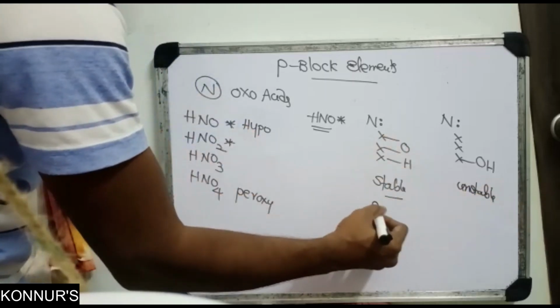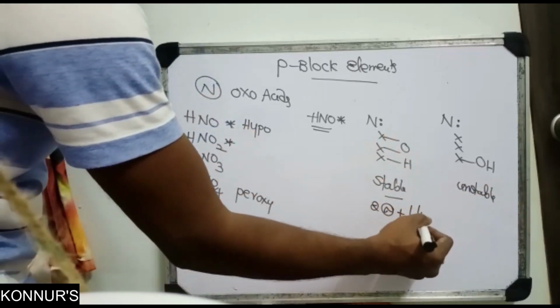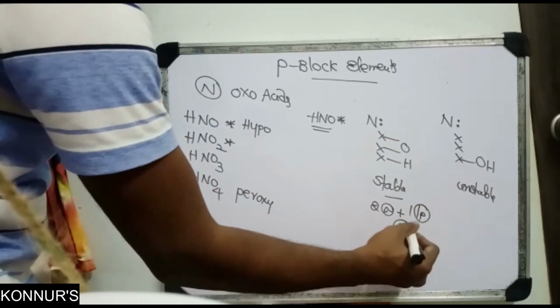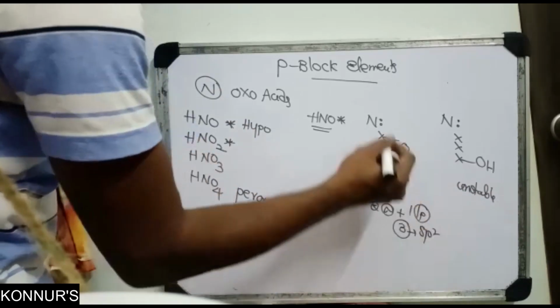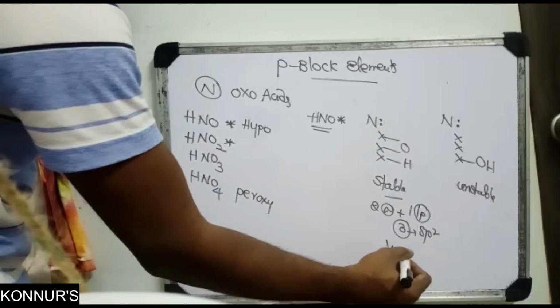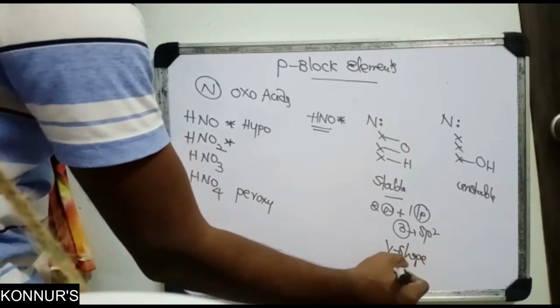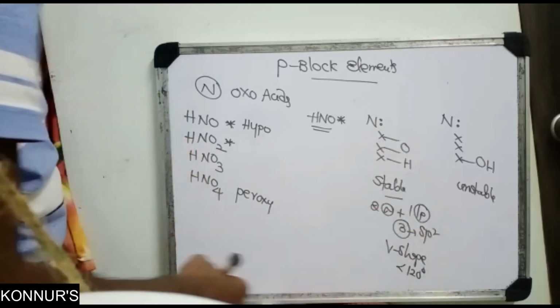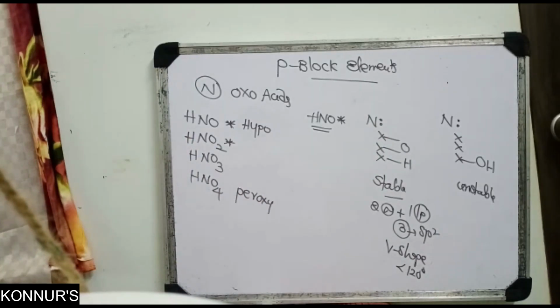There are two sigma bonds and one lone pair, so 2 plus 1 is 3, which means sp2. One lone pair is there, so you get a V shape. The bond angle is less than 120. Next,